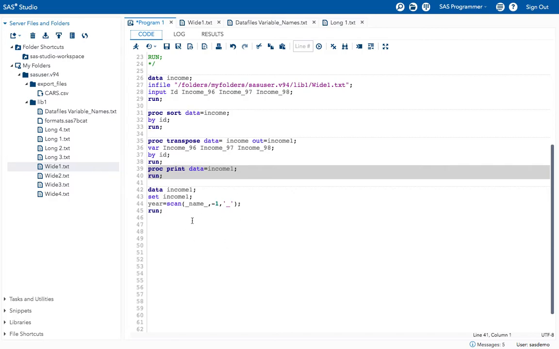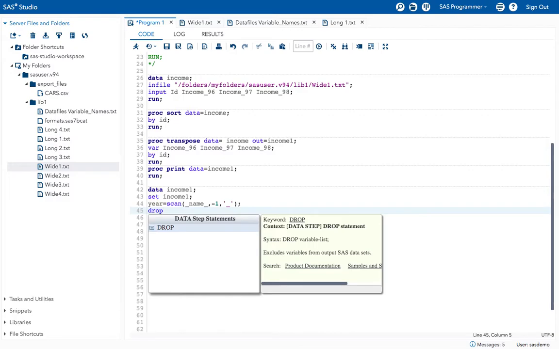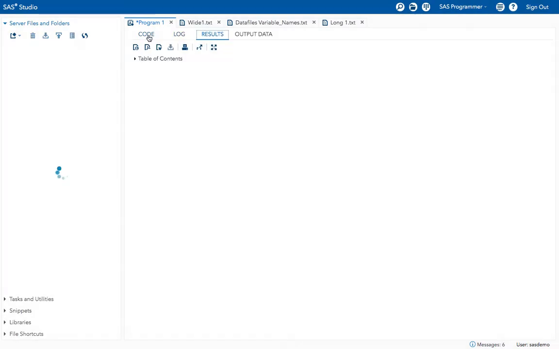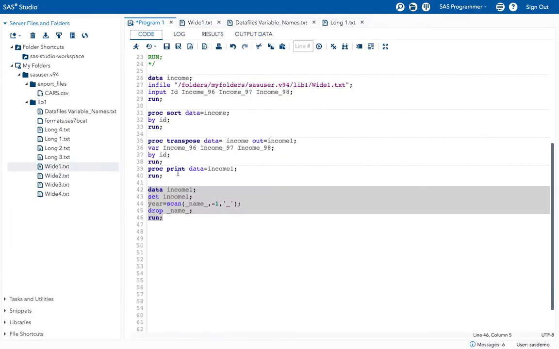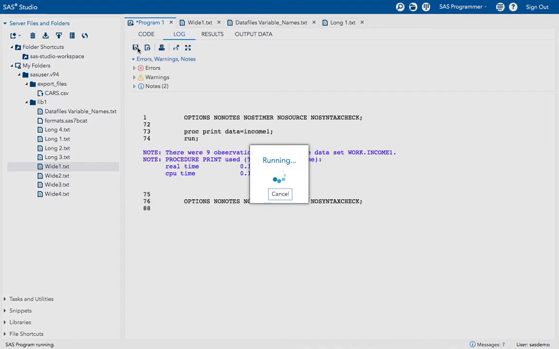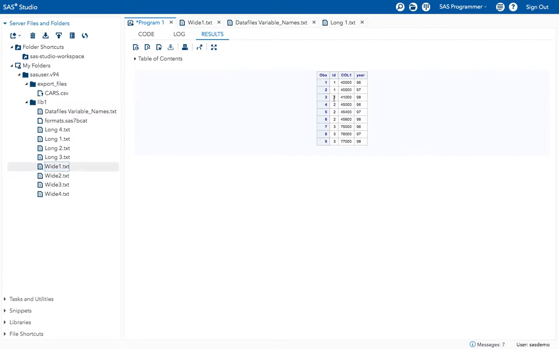Give drop _NAME_. Now it dropped the _NAME_ automatic variable.